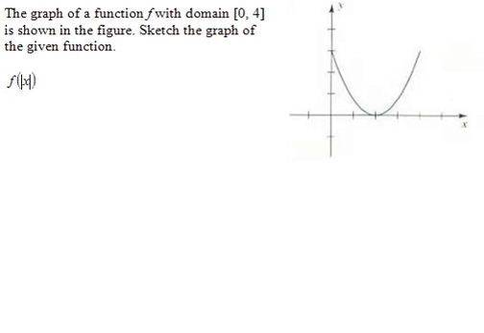The graph of a function f with domain 0 to 4 is shown in the figure. Sketch the graph of the given function f of the absolute value of x. Let's give this a name first. So g of x is equal to f of the absolute value of x. And let's recall